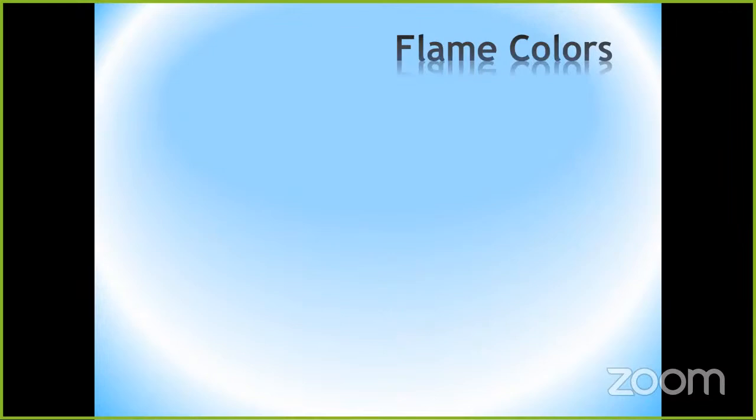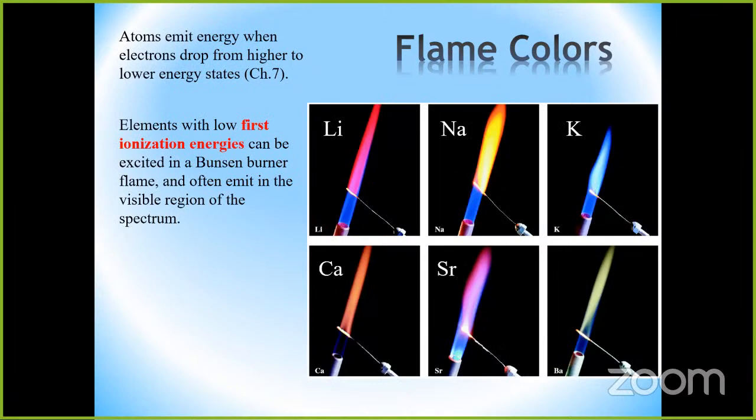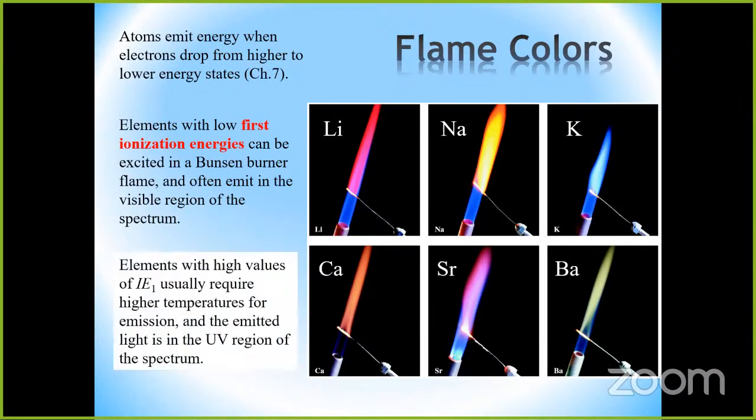All right, flame colors. Now, this test can be used to identify certain ions in aqueous solution, the flame test, right? And we can actually do some of that in the lab if we have the time to do it. But basically, all you have to do is take a wire, which is inert, and the usual wire that is used is nichrome wire, which is an alloy of nickel and chromium. And that's because nickel and chromium, they don't oxidize easily in the atmosphere. And then you dip that wire in a solution that contains your ion, and then you put that wire in a flame. And depending on the nature of the ions in the solution, you're going to get flames of different colors, such as